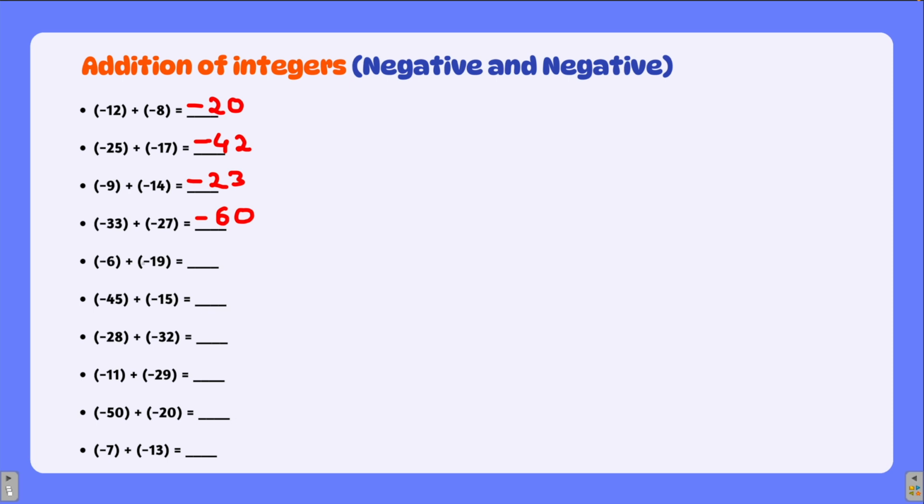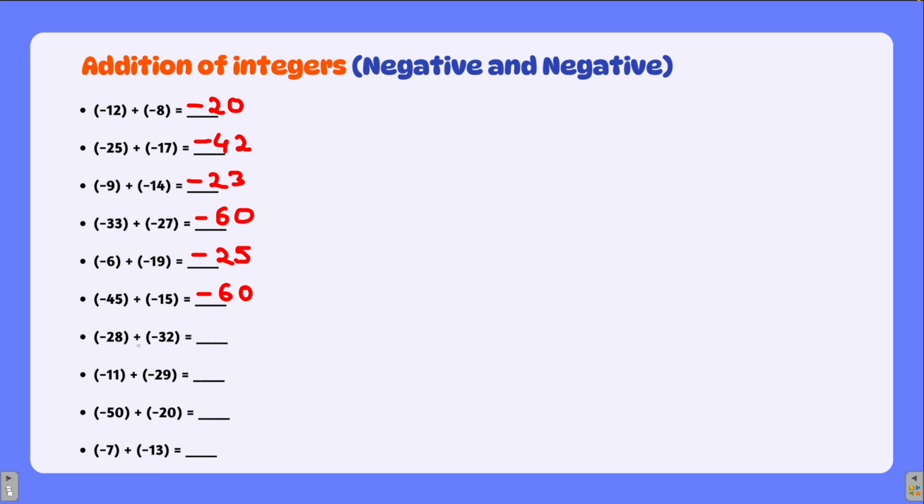Minus 6 plus minus 19. This will give you minus 25. So you add minus 6 and minus 19 and you get minus 25. Then minus 45 plus minus 15. So both numbers are negative, so a negative sign. Add them together. 5 plus 5 is 10, 0, 1 carry. So 4 plus 1 is 5 and plus 1 is 6. So minus 60. Next number,